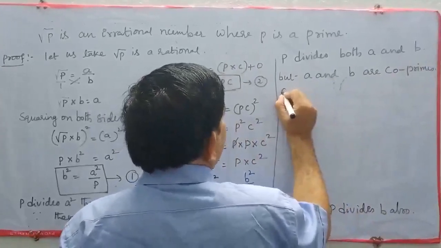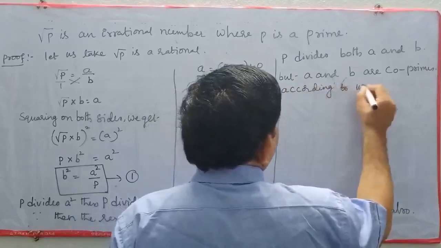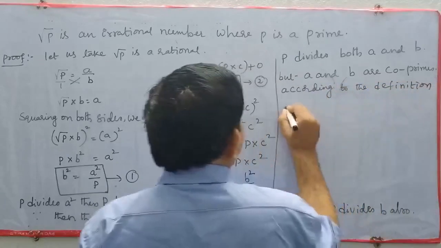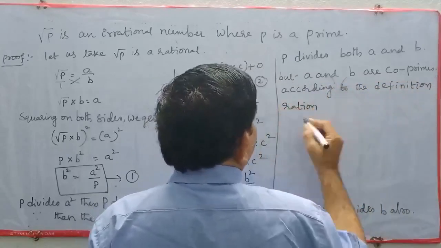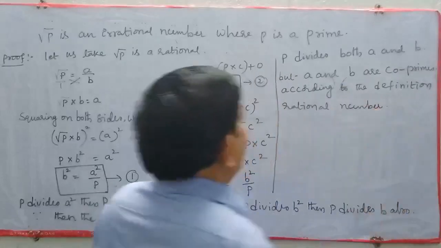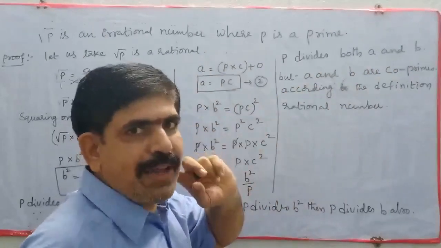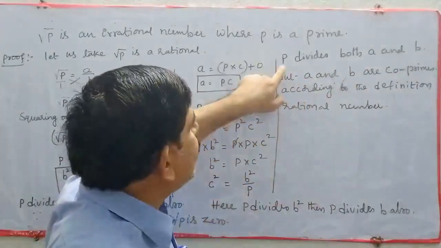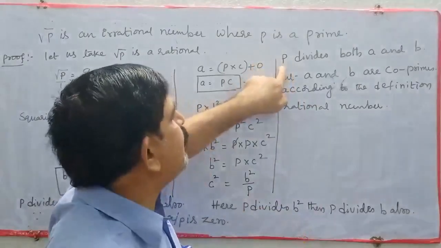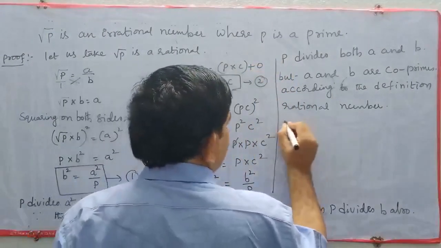According to the definition of rational number, a and b are co-primes. But what is the HCF of co-primes? 1. Then here p is the HCF. There it is not 1, so p is any value. Therefore, because of our false assumption,